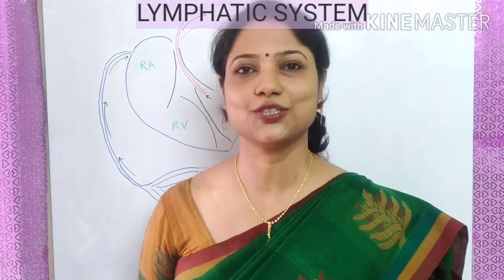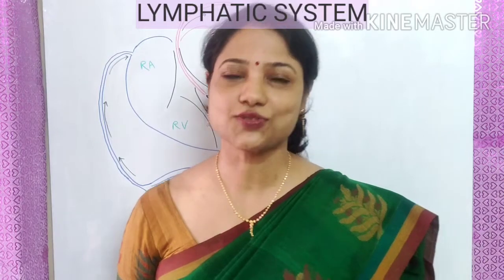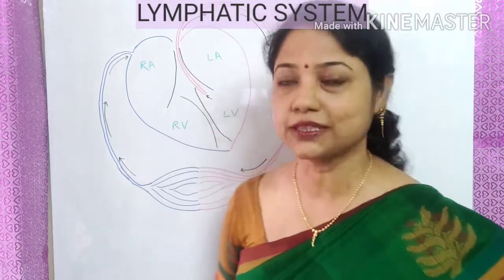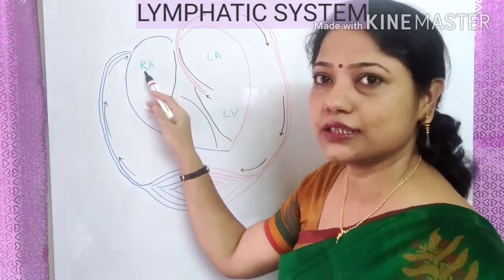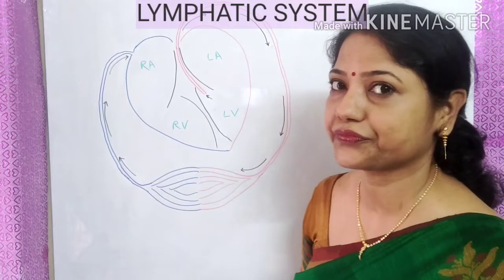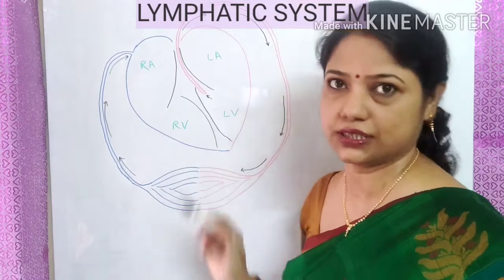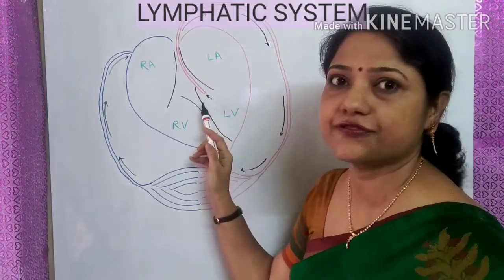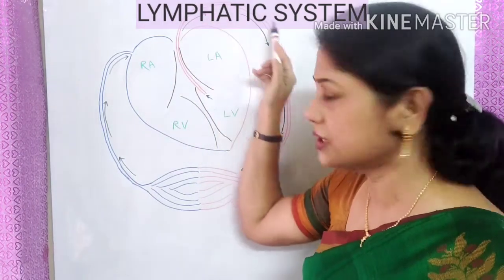Today we shall discuss the topic lymphatic system in humans. Children, in our last videos we have seen the structure and function of the human heart. We know that the human heart consists of 4 chambers: right auricle, left auricle, left ventricle and right ventricle. We also know that the heart pumps oxygenated blood from the left ventricle through a blood vessel called aorta to different